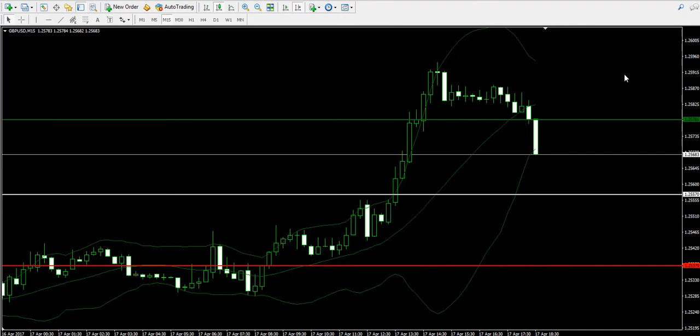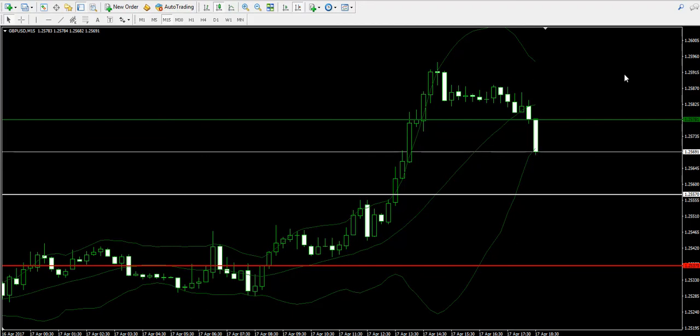On the British pound American dollar forex pair, 21 pips are like 0.0021 from the exchange rate. And when we divide this number by the entry price at 1.2557, we get a result of